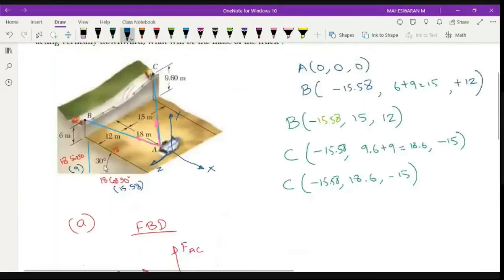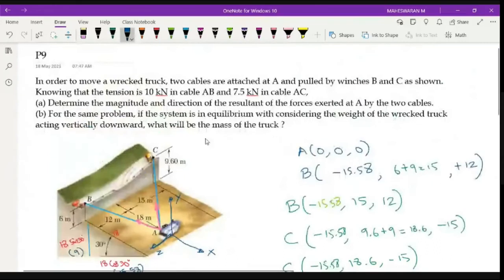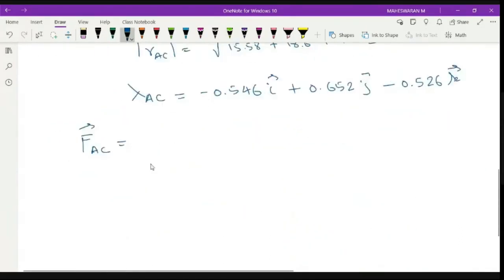right? Does the magnitude is given? Yes. Magnitude for AB is given. Sorry, AC is 7.5 kilonewton. So I have to multiply with 7.5, right? I have to multiply with respect to other values, so into lambda AC. So what happens when I multiply it? So 7.5 into